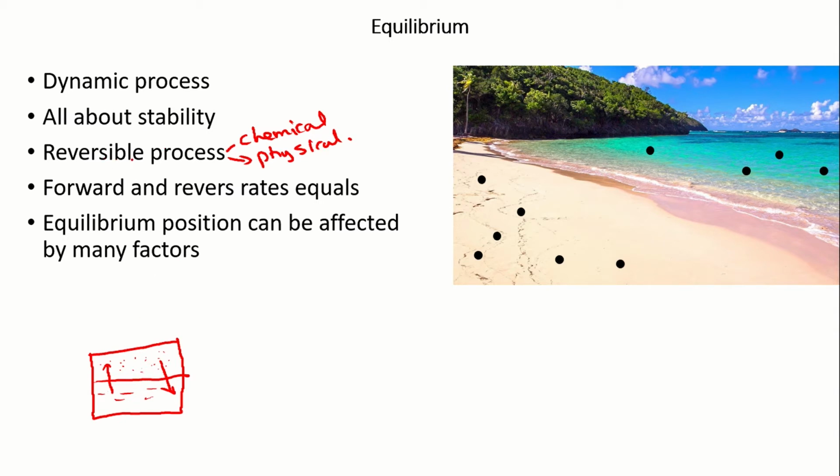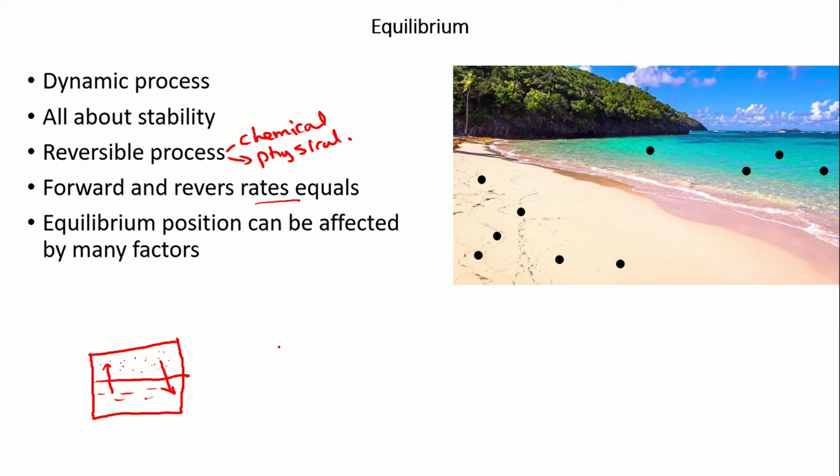So there should be a reversible process, and there is this forward process and the reverse process. The equilibrium is achieved when the forward and the reverse rates are equal. And that is why it was required for you to learn about chemical kinetics before we come into chemical equilibrium, because we talk about the rates of the reactions or the processes. So what happens at equilibrium? What's equal? The rates, not the quantities, it's just the rates.